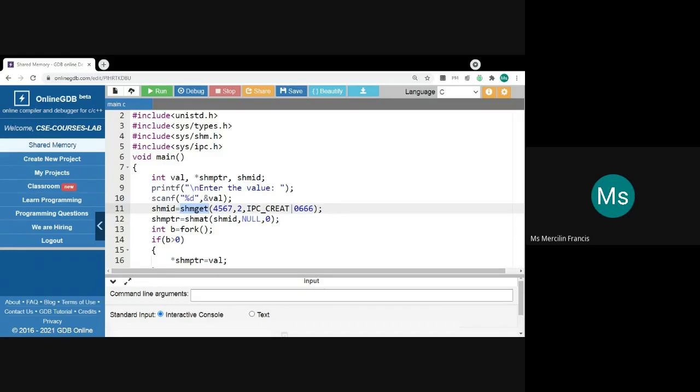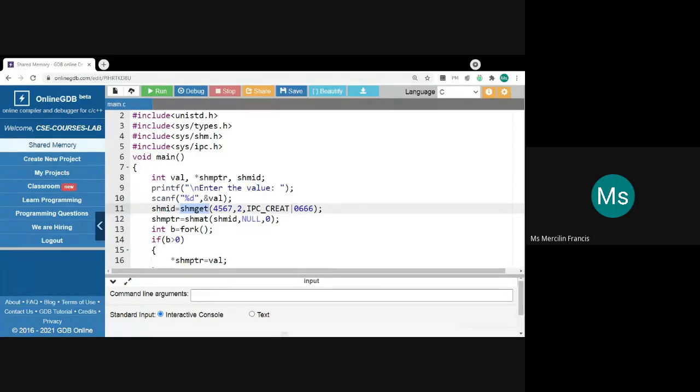The first argument given here is a key value. As in the message queue earlier, when you are creating the message queue, you need to give some key value. The same key value will be used by the sender and receiver processes.